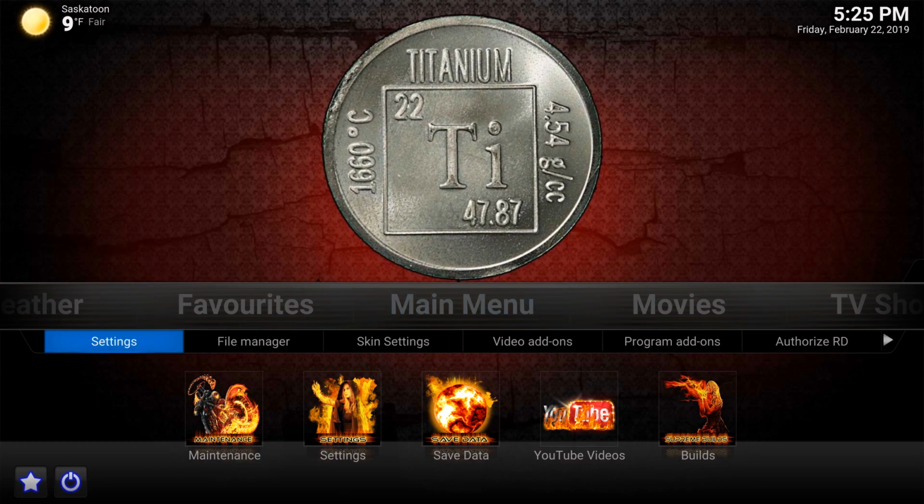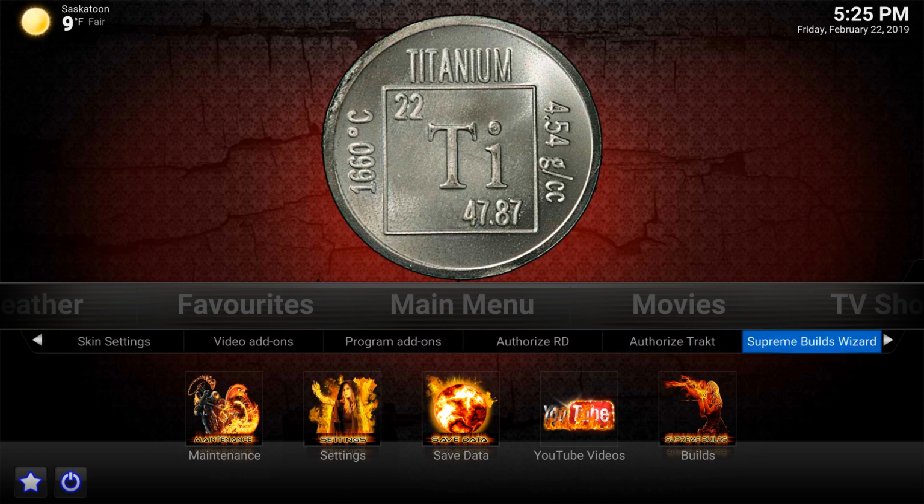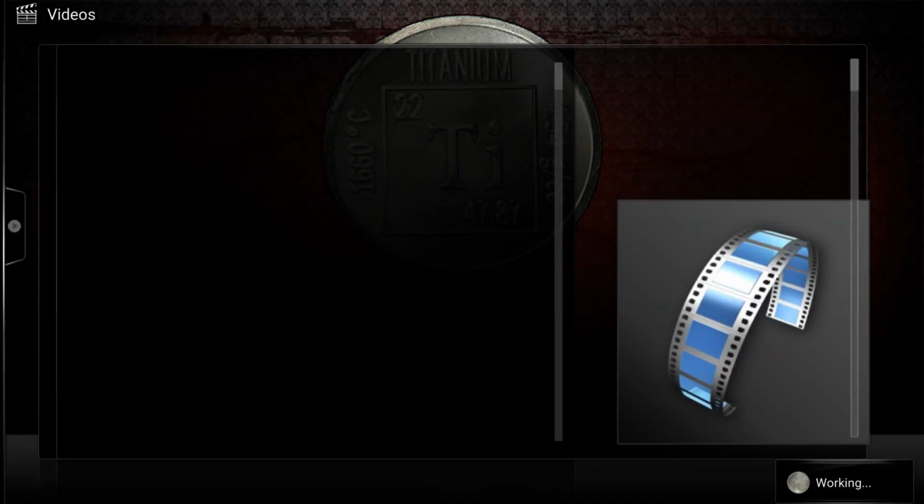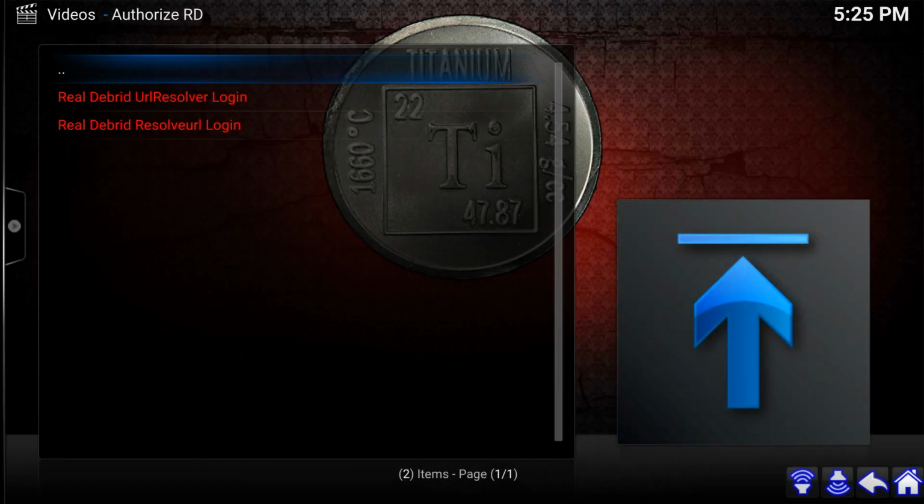And then you can see in here the sub menu, you have your settings, file manager, skin settings, your video add-ons, program add-ons. Here's a couple that I like to point out: you can authorize Real-Debrid and authorize your Trakt. So if you have Real-Debrid, you just head in and there's the two resolvers that you can click on. And for those who have used this, just a refresher, and those who haven't, when you go to resolve this,